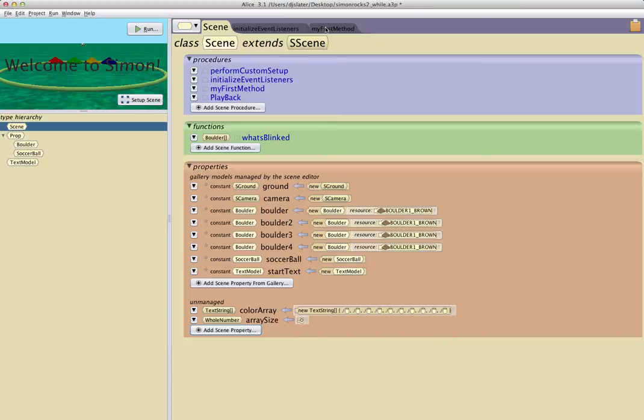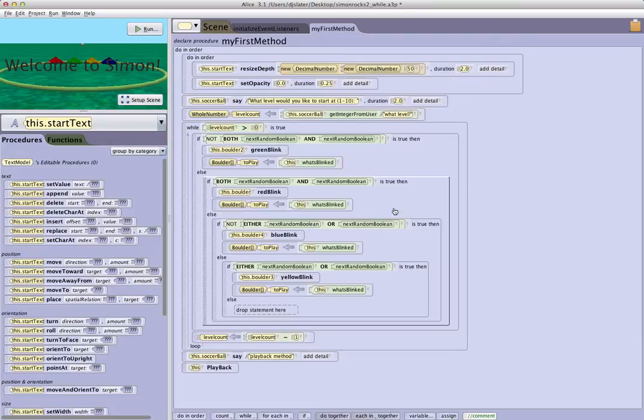So now I go back to my first method, and what I want to do is, every time, for example, this condition is true, I want to add the word green to the array. If this condition is true, I want to add the word red. If this condition is true, I want to add the word blue. If this condition is true, I want to add the word yellow. So I'm going to create an assignment statement